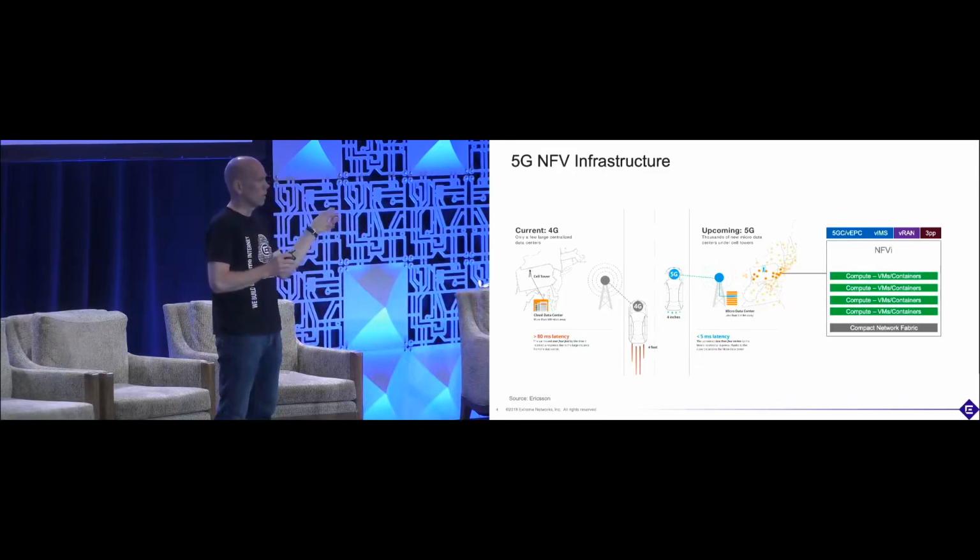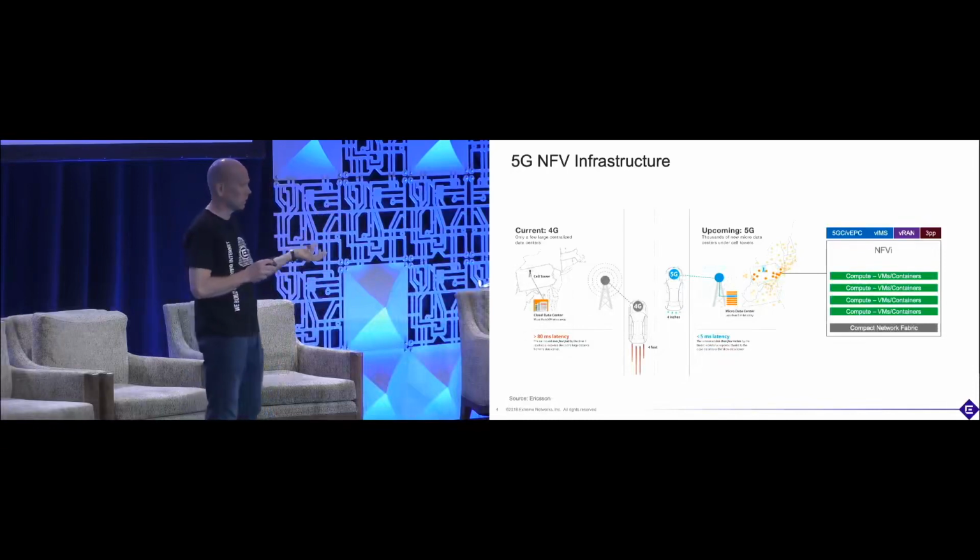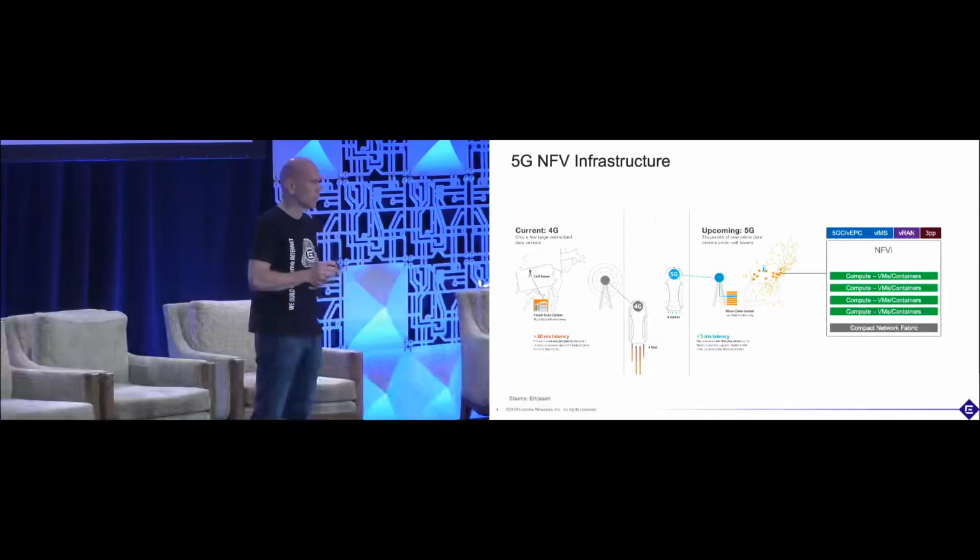Now, from NFV, you start to look at all of these services and profile them, asking why wouldn't we virtualize all of those and put them into the cloud? Now the question becomes, would I have it in a big data center or in a micro data center? Everything is virtualized. So what I'm trying to make a point on here is that as 5G is cloud native, you still need to have a network in place.